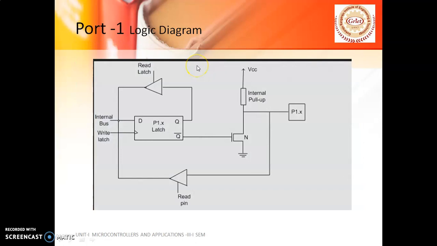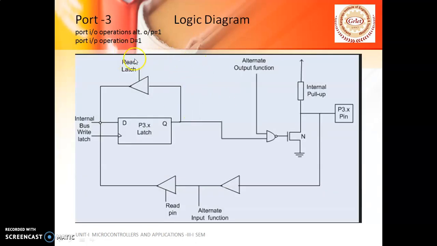Similarly, you can talk about port 2, and similarly port 3. Here port 3 is also supporting your IO operations. Apart from that, it supports some special functions about interrupts, timers, counters, etc. But here you can show this diagram talking about supporting input and output operations, like reading something from the devices which have been connected to the controller. If you are connecting some output devices to the controller, for that particular output device, if you want to place 0, you can do it, or if you want to place 1, you can place that 1 on the output devices which have been connected to the 8051 microcontroller. Likewise, you can see all these ports, port 0, port 1, port 2 and port 3.